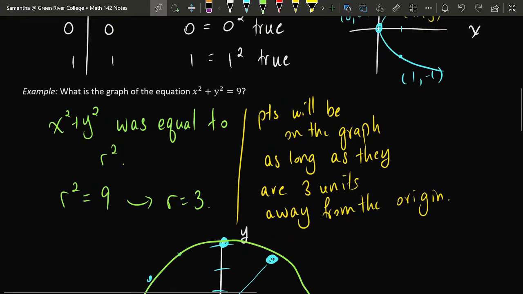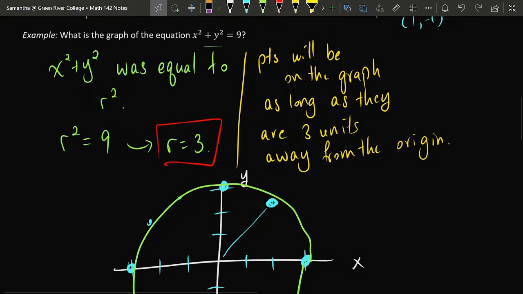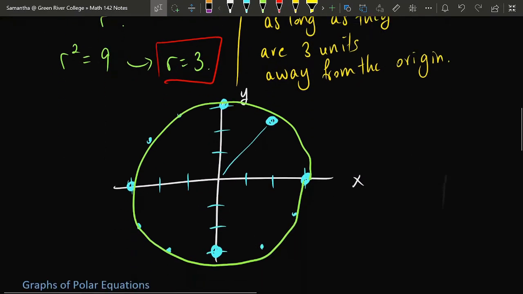Now this equation in Cartesian coordinates was relatively complicated. X squared plus y squared equals 9. But by converting it to polar coordinates, we got an equation that was much, much simpler. Just r equals 3. And that is the primary benefit of polar coordinates. They give you an extremely simple way to describe circles which are centered at the origin.